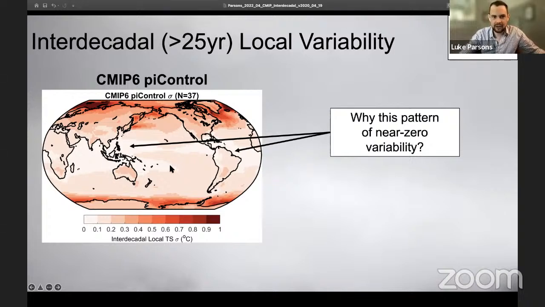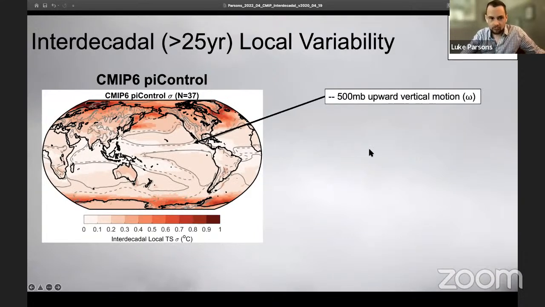If you notice, this is also where we tend to have regions of high coherence that really pop out if we look at the difference in the control run versus the historical runs. Christy, one of the co-authors, who'd been working in David Battisti's group looking a lot at spatial patterns of warming, suggested, this looks a lot like where we have regions of deep convection. So he suggested, why don't we grab this omega variable, 500 millibar upward vertical motion in the atmosphere. So these dashed lines that I'm showing you here are the regions of deep convection in the tropics. And notice that they line up not perfectly, but almost perfectly with where we have regions of almost no interdecadal climate variability at low latitudes.